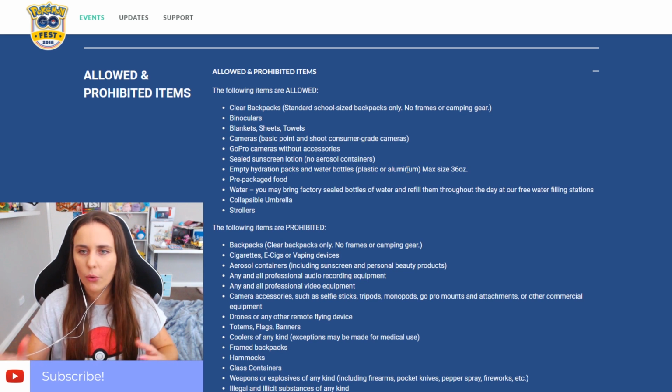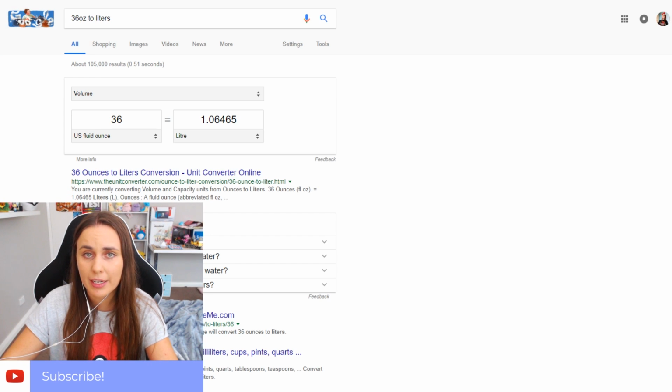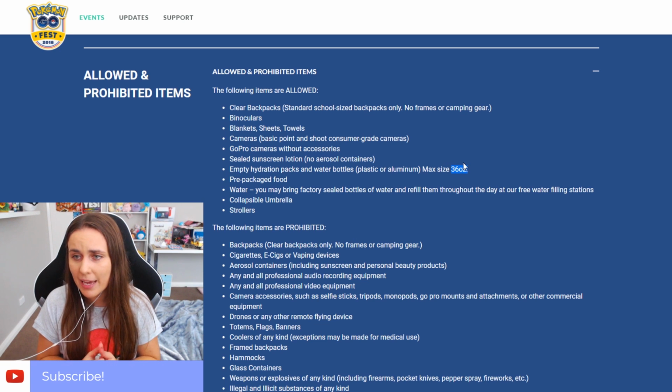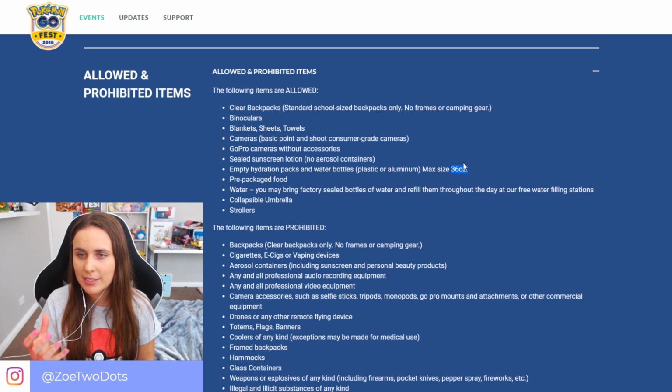So BYO water bottle, maximum size 32 ounces. What is that in a 1 litre bottle? Okay, so 36 ounces or a 1 litre bottle, which isn't bad. 1 litre is a good size bottle. That's what I was going to suggest, to bring a 1 litre bottle. You can refill it. There will apparently be hydration and refill stations around the park. So take your 1